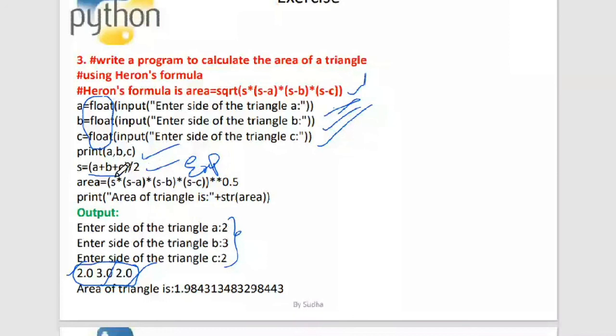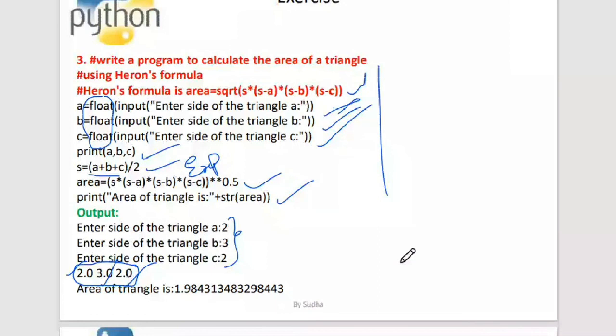Each and every concept that we have seen in the subject is very, very important. After that, we are calculating the area, which is the square root of the expression, and then we are printing the value of the area on the screen. This is a very simple program wherein we have calculated the area of a triangle.